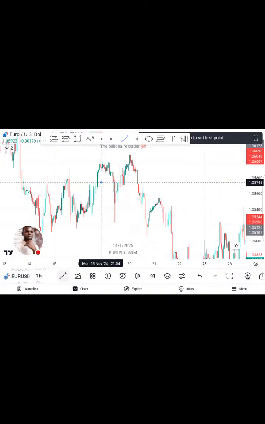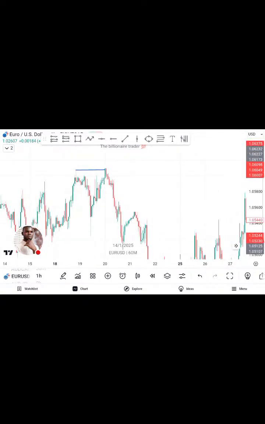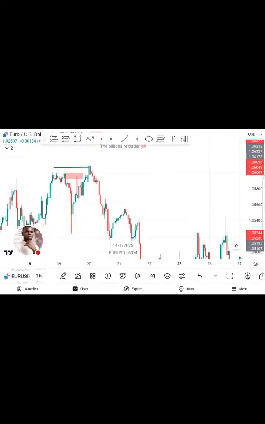So look at this. Okay, we have the same thing here too. This eye was taken out as expected. But before taking out that eye, we have a reaction. Price reacting to the supply zone. So after that reaction, that eye was taken out and this low